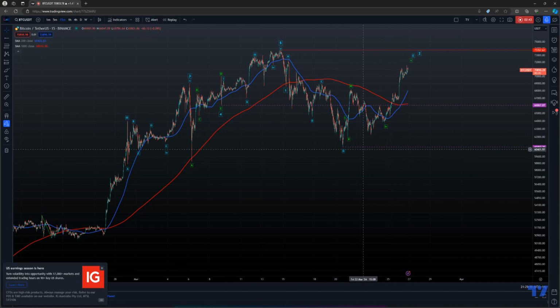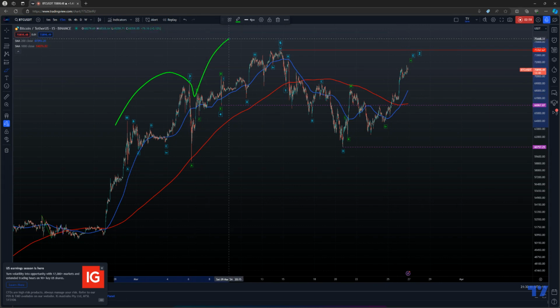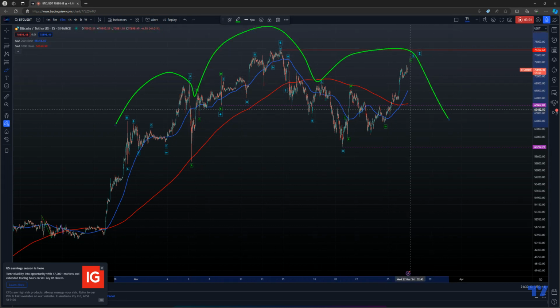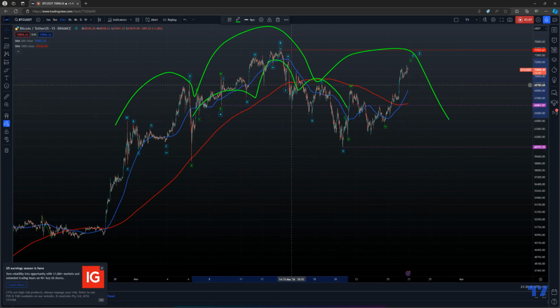If this breaks below this level, you could almost say with a level of certainty that it'll continue lower from here, right? It'll be a true head and shoulders pattern because we would have had a shoulder, a head, and another shoulder, right? Even though this looked like a mini head and shoulders, obviously it developed and it took a bit more time.